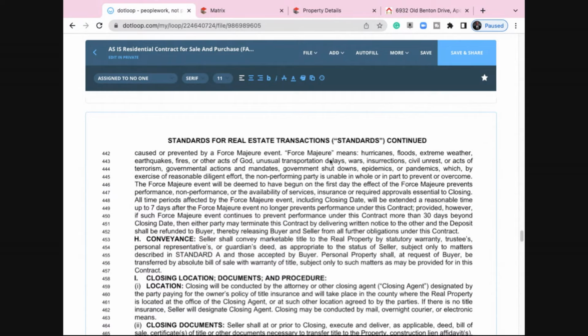And it goes on to say force majeure event means hurricanes, floods, extreme weather, earthquakes, fires, and other acts of